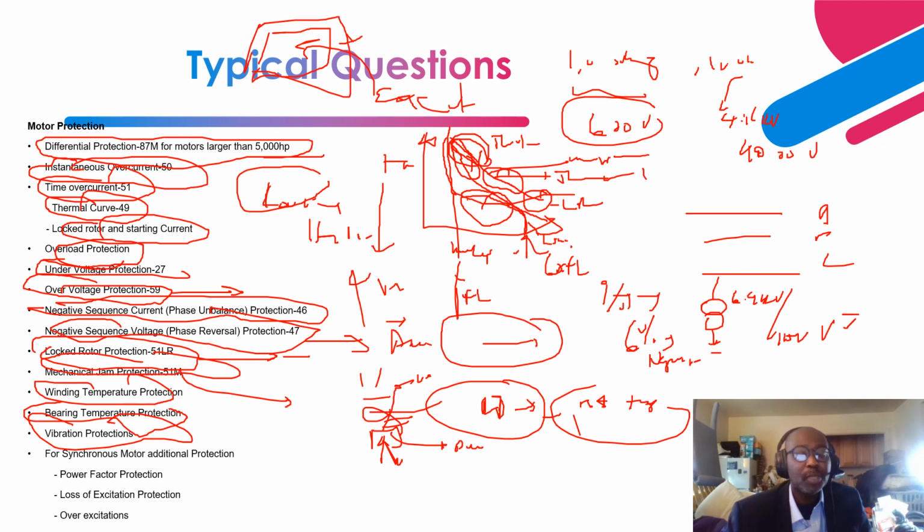for it to rotate in synchronism. Okay, so protection is needed for the excitation system, and basically loss of excitation. And you could also have an overexcitation, due to excessive current. Like I said, due to different malfunctions of the excitation system, you can have excessive DC voltage and DC current flowing into the rotor winding that can cause heating of the rotor winding. And there's a measurement that is indicated by this relay to detect that condition. Then you can also have a power factor protection, based on the power factor VAR measurements that is measured on the terminals of the motor.